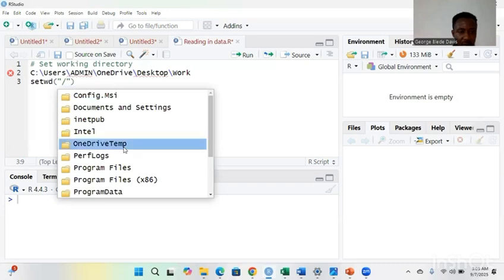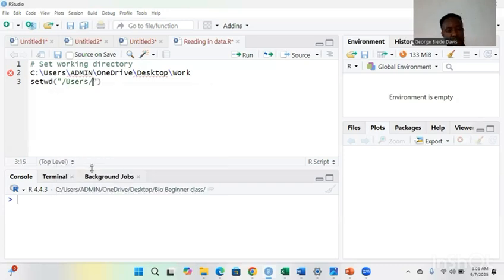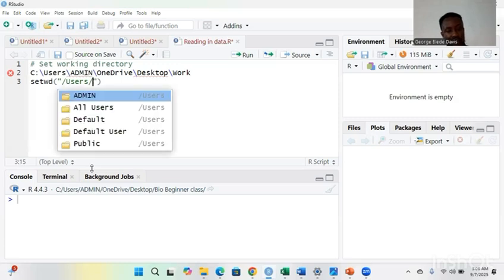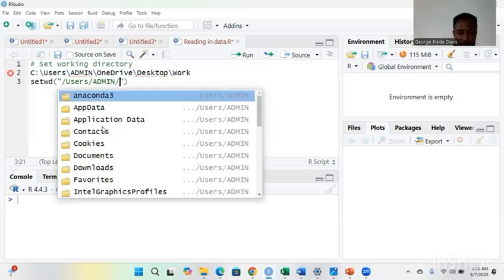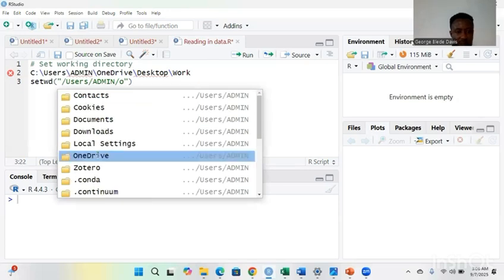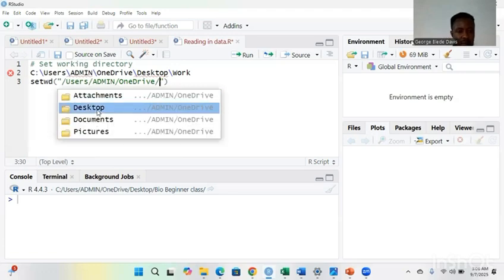And you use the tab key again. The second option here is Admin. Yours might be different from mine, so just follow what you copy and paste and read in your data set. For Admin, the next folder is OneDrive. And the next folder is what? Desktop. From Desktop, I come to the folder now, right?